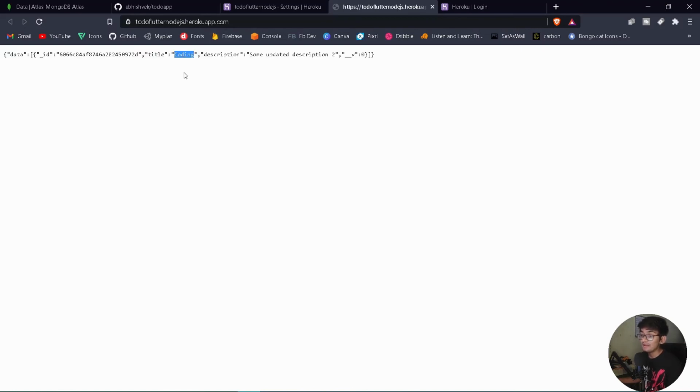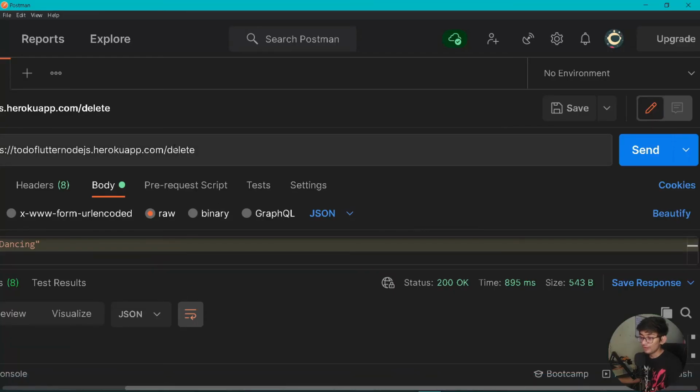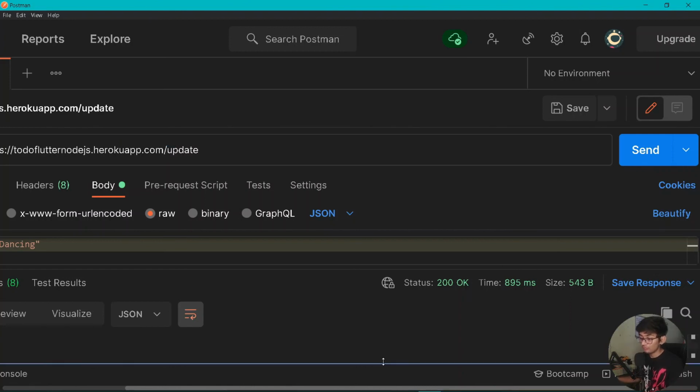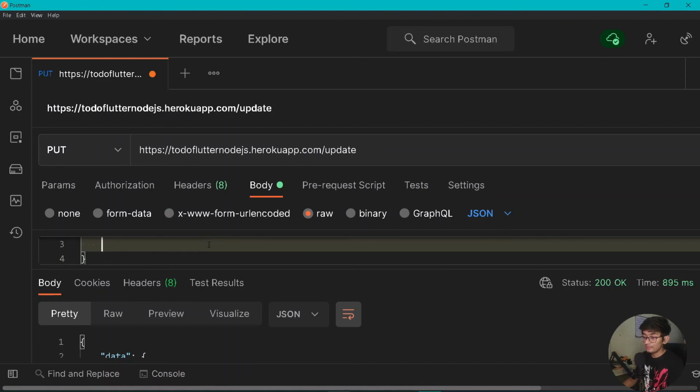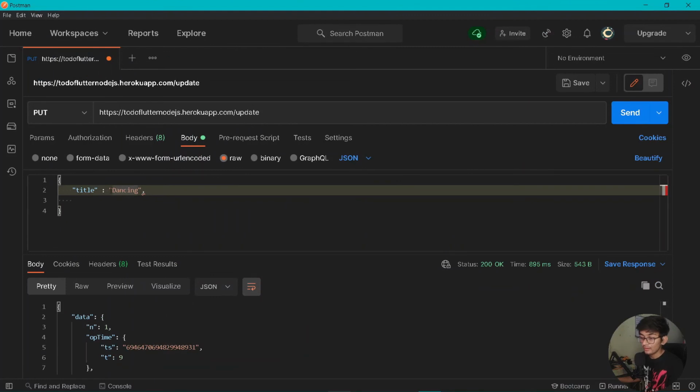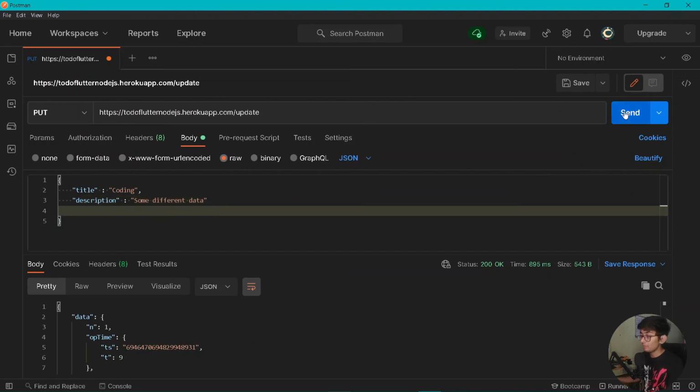So now let's try updating some coding data to our entire description. So for that purpose, you should be moving under Postman and here add the path of update. Alright, I will do it wrong. Let's add a path of update. Let's clear it out and add a property of put, and under put, under dancing, let's add a property of, let me zoom in. Cool, so here instead of title being dancing, let's have a coding one, and after coding one, let's add some different description. So here let's have the property of description, and under this let's have some def data. Let's try updating the following data.